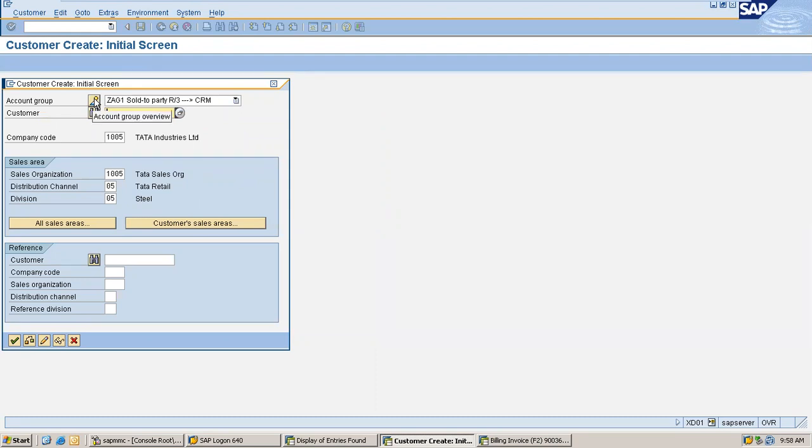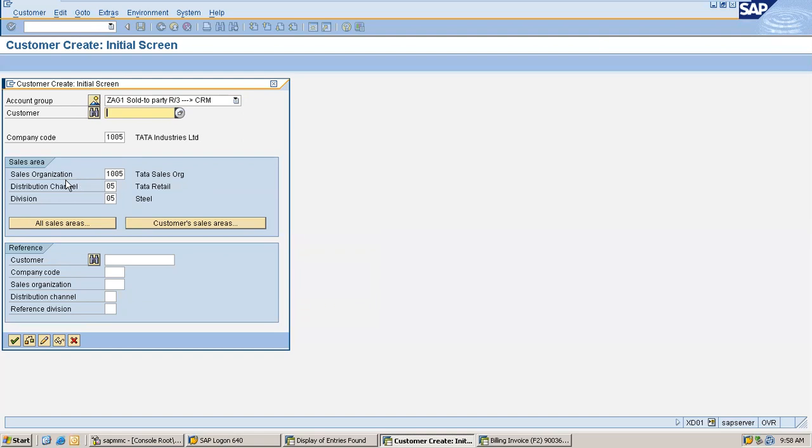XD01 is the transaction code we use to create customer master numbers. If you go to XD01, this is your initial screen. You will have the account group. You don't have to give a customer number. The system will pick it from the database automatically. We have other settings to do, we'll see them later, but for now, just try to create a customer number.